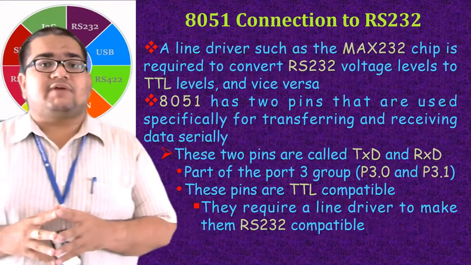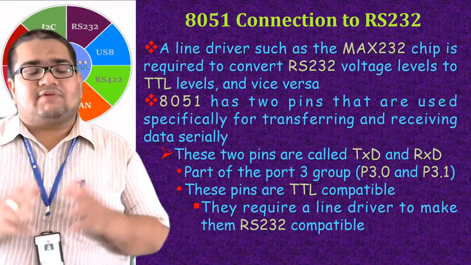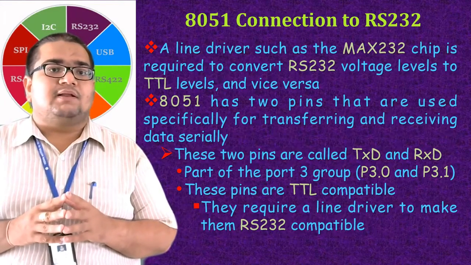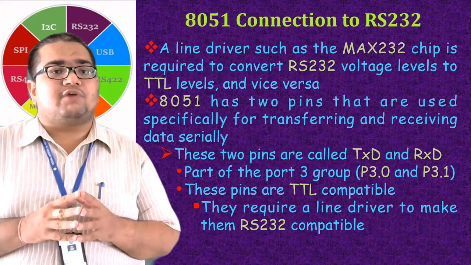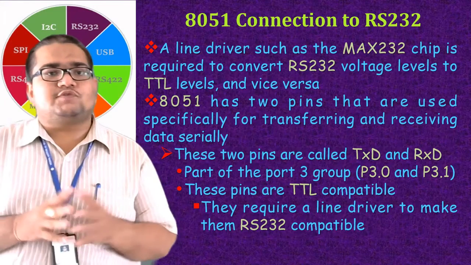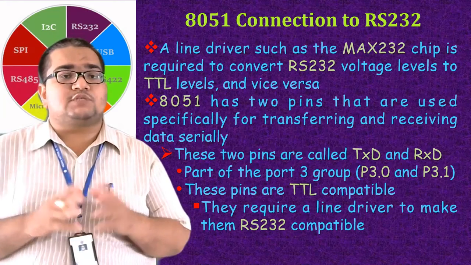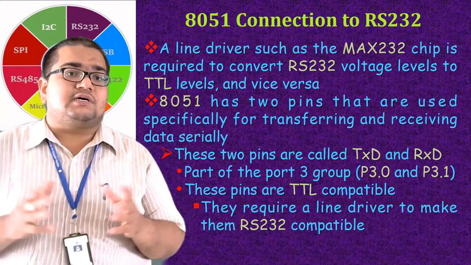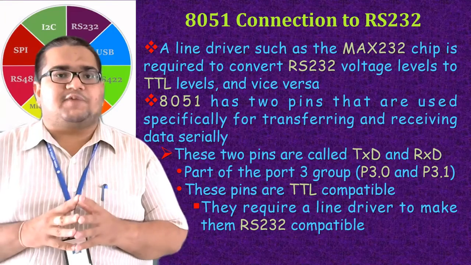How can our 8051 be connected to an RS-232 connector? As we know, our 8051 already has a UART on it, with TXD and RXD pins available. But the logic level output or input on these TXD and RXD pins will be logic 0 and logic 1 of TTL logic, which is in the range of 0 to 5 volts. When we talk about RS-232, its voltage levels, as we have seen earlier, are -3 to -25 for logic 1 and +3 to +25 for logic 0. So they are completely different.